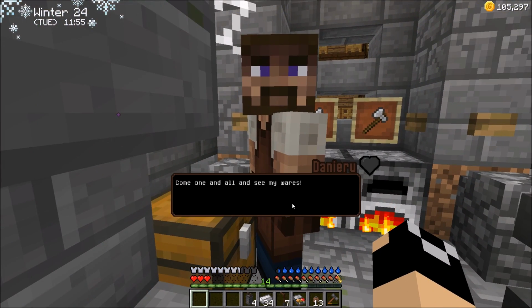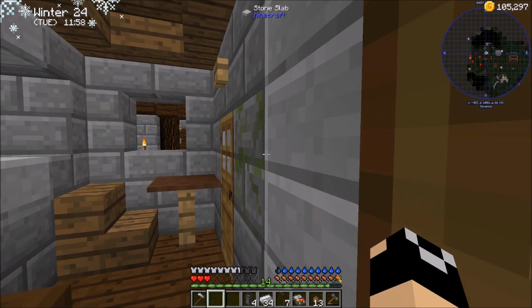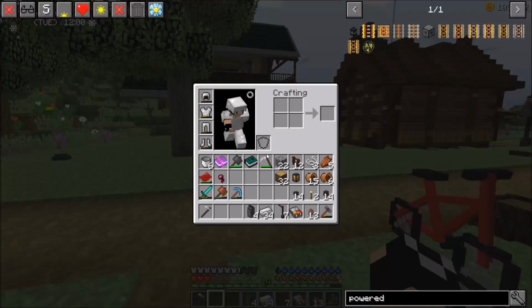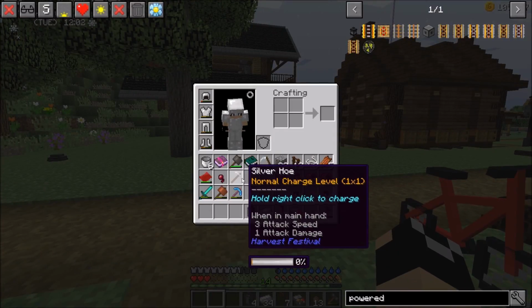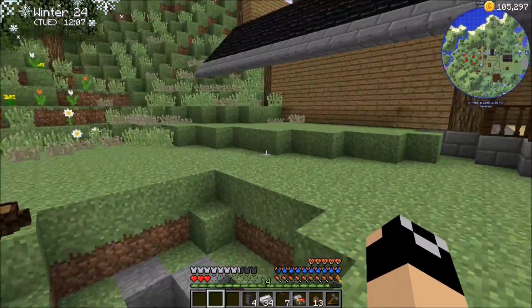Our hoe should be done. I finished working on your silver hoe. And it did not vanish. It did not vanish. That is awesome. Okay. I'll get the watering can started in a minute, but